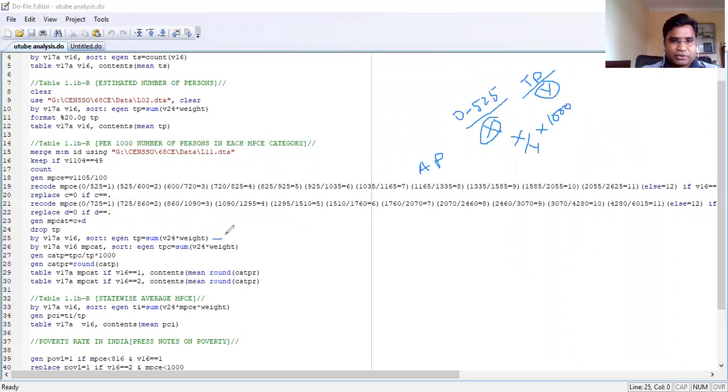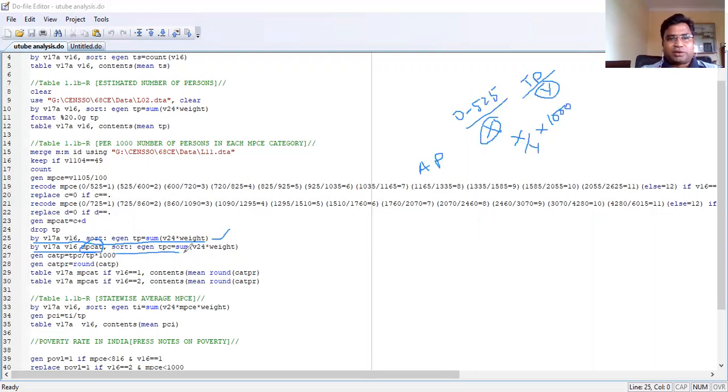If you look at the first comment, by V17A, this is generating the total population. That's what we have generated in the beginning as well. And in the second step, if you see, we have added one more category. This MP cat is extra here. So this is a further bifurcation, right, as compared to the first comment. So V17A was there, V16 was also there. I am just adding one more category into it, which is my income category. Then I'll get to know how many people are there in that particular category.